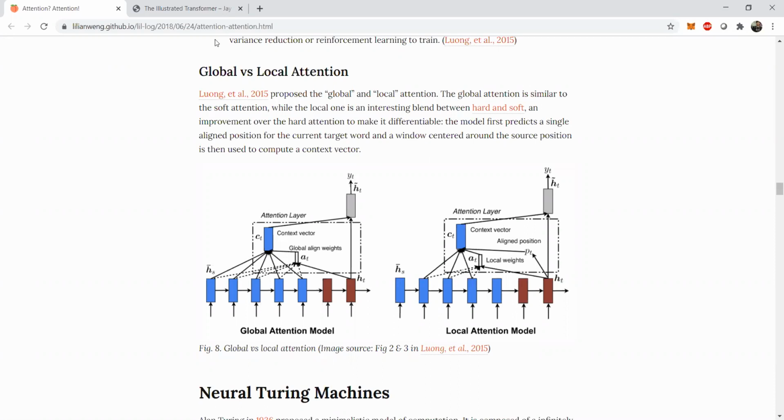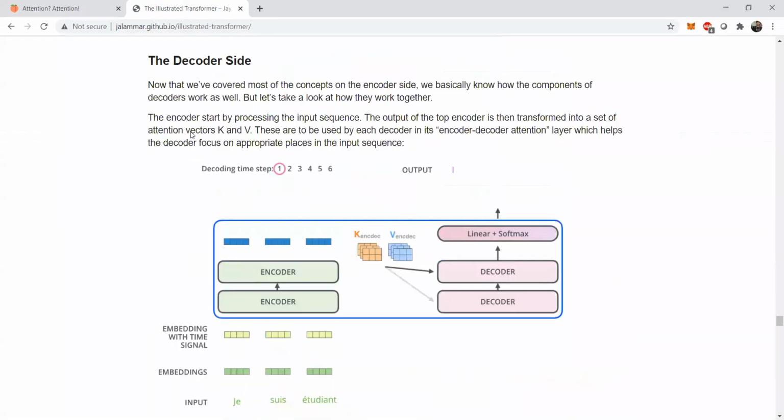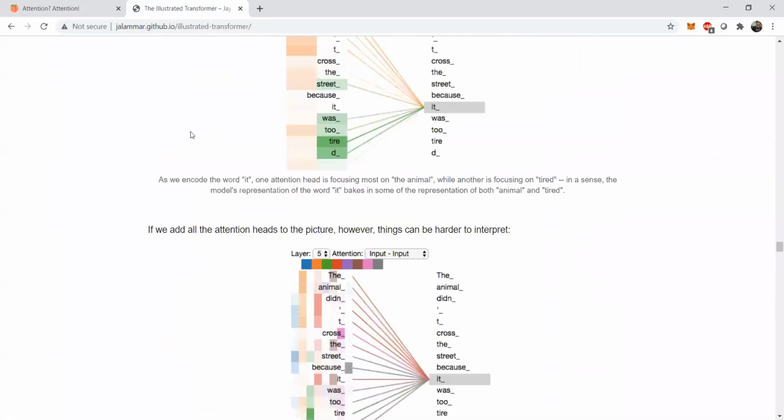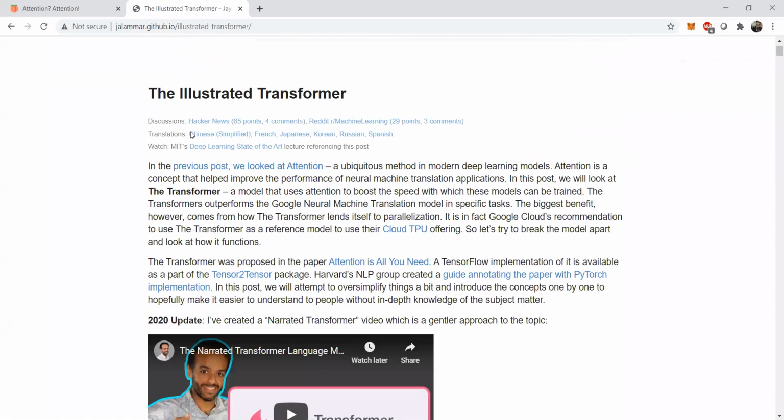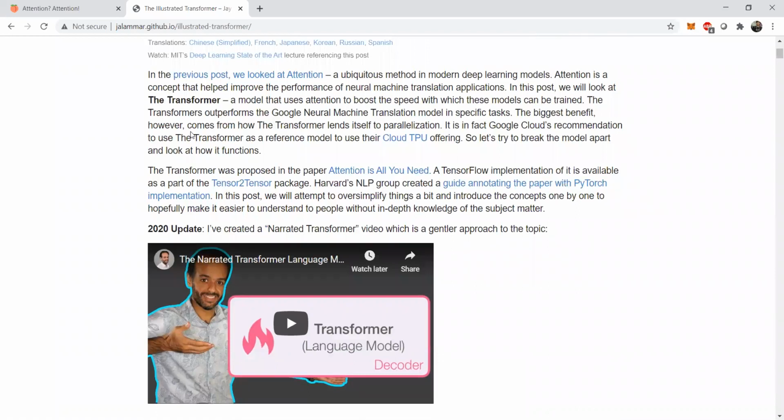If we were to move into the second part, which is covered in Jay Alammar's blog post, we have now seen global attention, local attention, and soft and hard attention. We have seen the different mathematical formulations, how different mathematical models work on attention, and how different mathematical aspects change it.